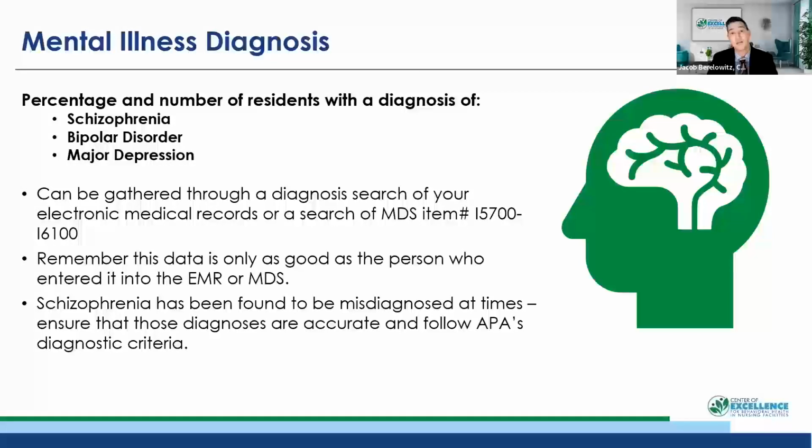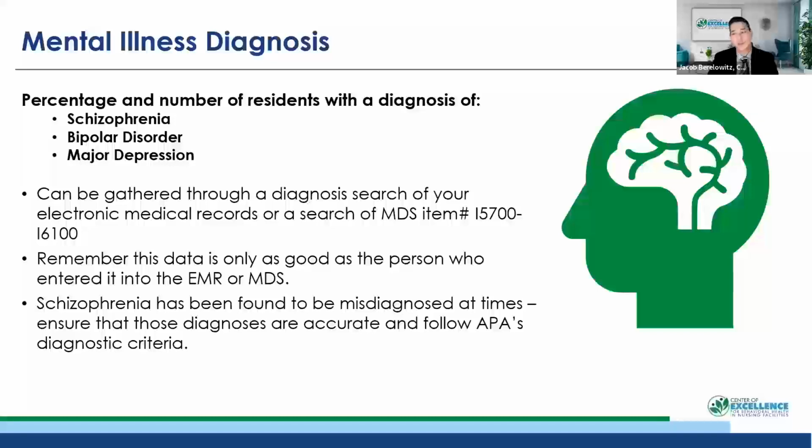Usually I had to be mindful of what the most common terminology was used in my facility. Because keep in mind, with all the new ICD codes, there might be schizophrenia, schizophreniform, and then a whole host of other ones, and so on for each of the diagnoses. So take a look at what's most commonly used, try to capture all of those in a search, and document the number that you come up with. How many residents have schizophrenia? How many have bipolar disorder? How many have major depression?